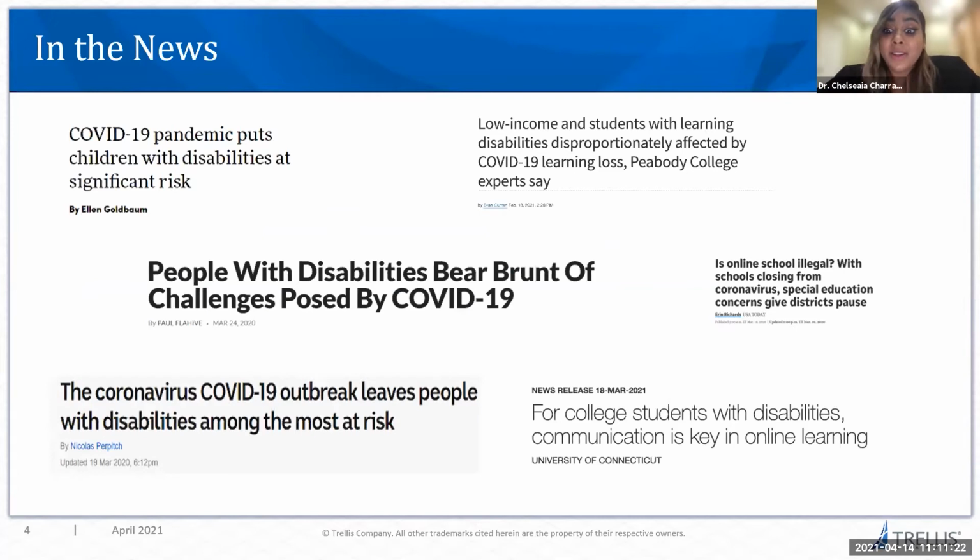Absolutely. So you can see here just the numerous headlines standing out to you that's talking about the disadvantage that persons with disabilities are facing because of the COVID-19 pandemic. So this COVID-19 pandemic is specifically having a disproportionate impact on learners with disabilities. And these learners are already experiencing social and educational disadvantages. So from the onset, this global pandemic further emphasizes these pre-existing inequalities.